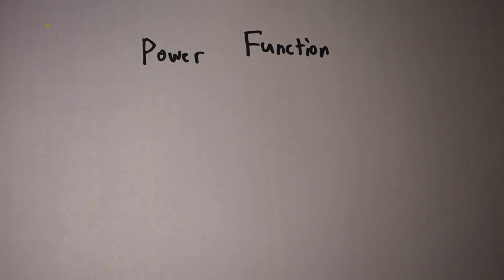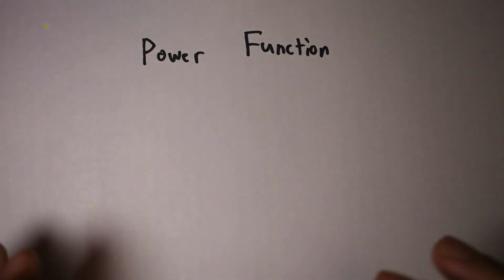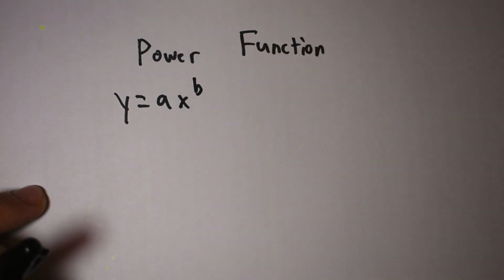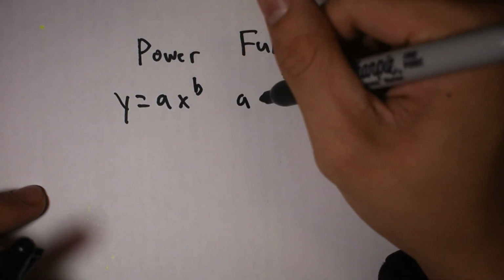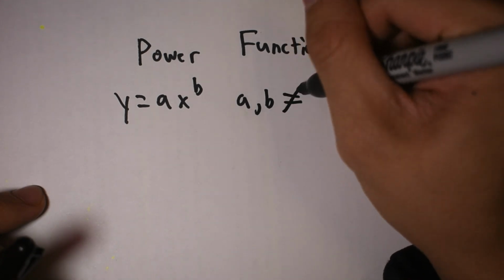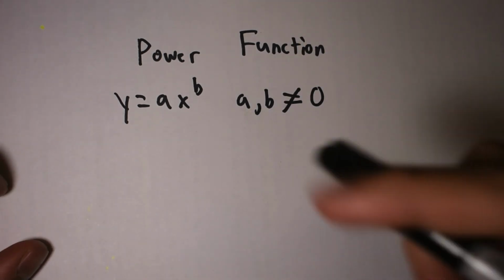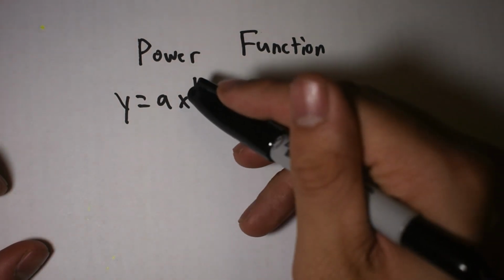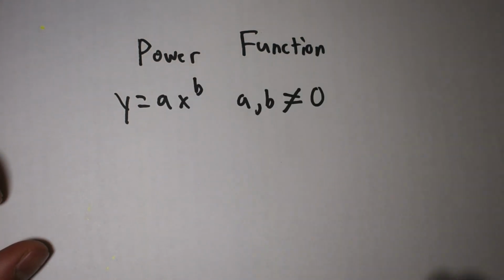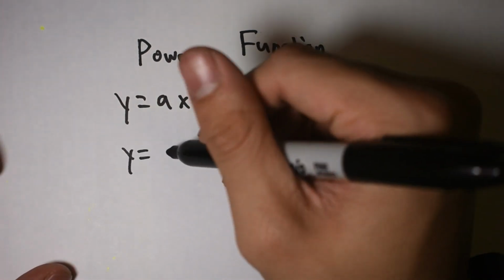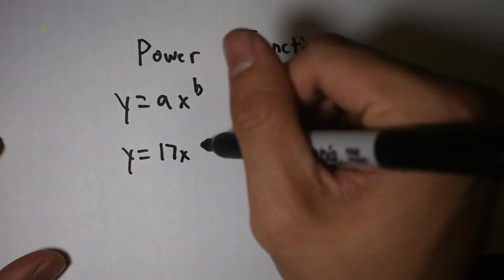Alright, so today we are working in power functions. Now, what is a power function? A power function is a function that is in the form of y equals a times x to the power of b, where a and b are both non-zero real numbers. So essentially, this is just a number times x to the power of another number, and they're not zero, of course. Now, an example of this would be, I don't know, y equals 17 times x to the power 38,